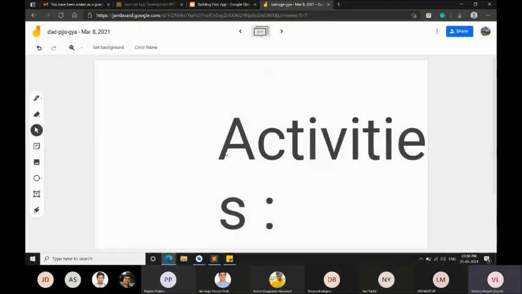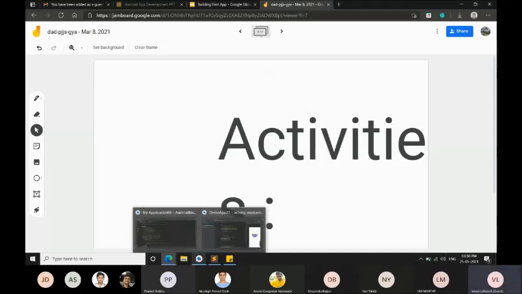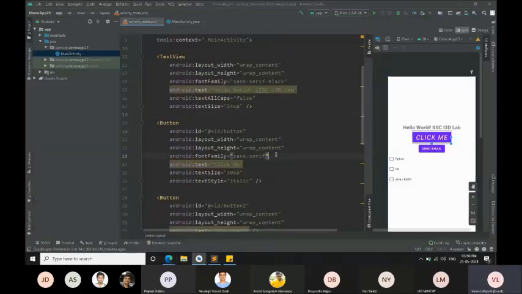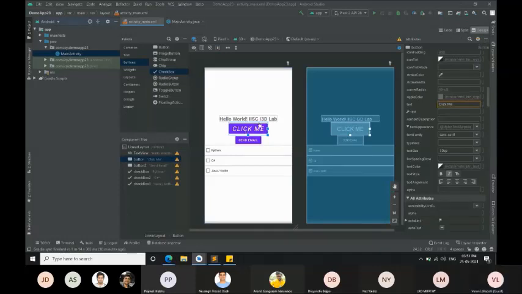So the next topic is activities. Now we are going to it. It's very, very simple. Let me just show it to you now. I will also do a code walkthrough, but I have a button over here. Let me come to the design part so you'll be familiar with it. I have clicked on the click me button.